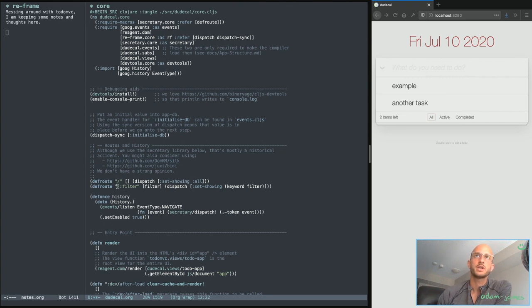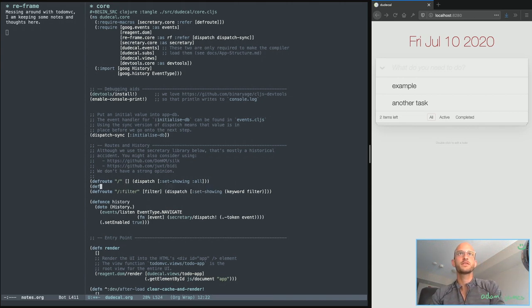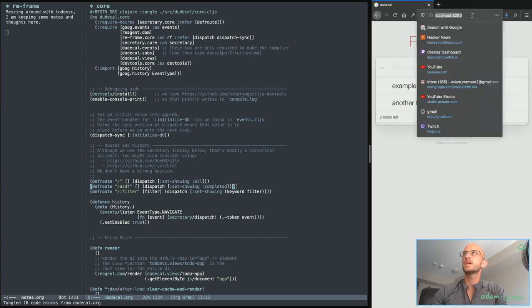And I can follow the idea here. Let me make a trivial change here for a minute. Def route /ASDF, taking no arguments, dispatch, and I'll run set showing completed. I'm going to assume that that's a valid string or a key. So if I save this, if I navigate here to /ASDF,